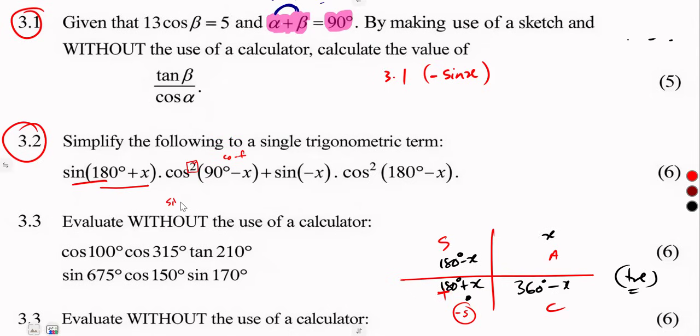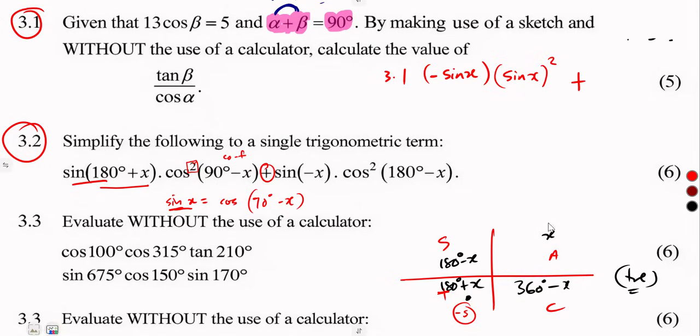Remember, the sine of x is equal to cos of 90 degrees minus x, our core function, complementary angles. So the other one will be x, the other one will be 90 degrees minus x. So the whole of this part is equivalent to sine of x. But it is being squared, cos squared, so it's sine squared. All right, plus